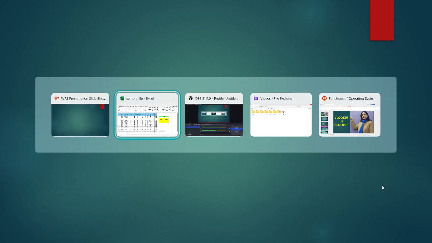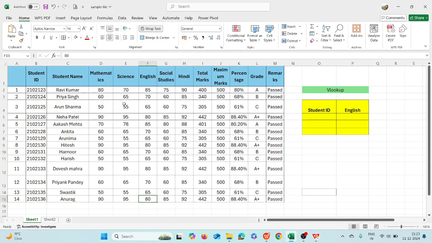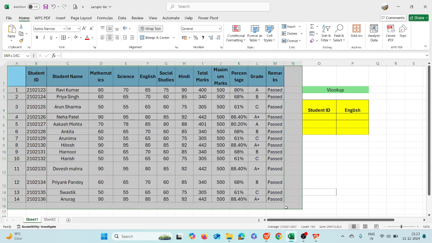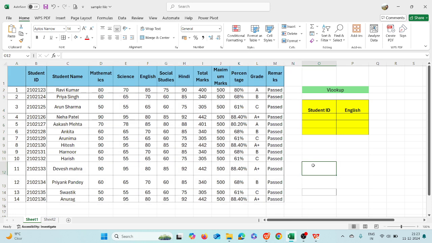First of all, prepare one MS Excel file related to student results. For example, I have prepared a student result for only 14 students. Searching these 14 records is quite easy. But I'm talking about a large database, in which we have 10,000 entries, and searching 10,000 entries is quite difficult.